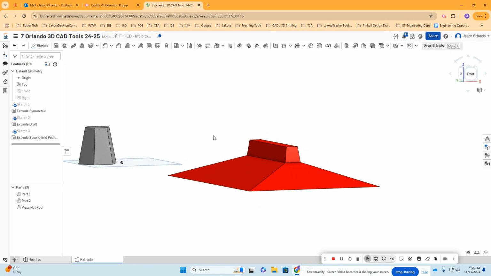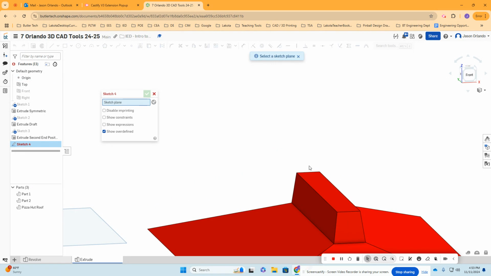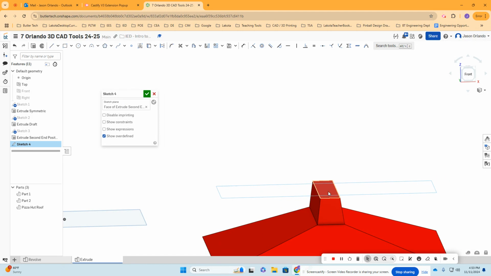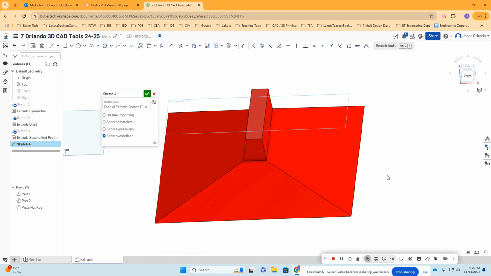That's pretty cool, right? All right, so then I wanted to show them another thing in the extrude menu, and this comes back to the word blind. So I started a sketch on this top surface. I'm not going to sketch on the top, but I used that as a reference plane so that I could sketch above the slope surface of the roof. And I used just making the analogy that we're maybe